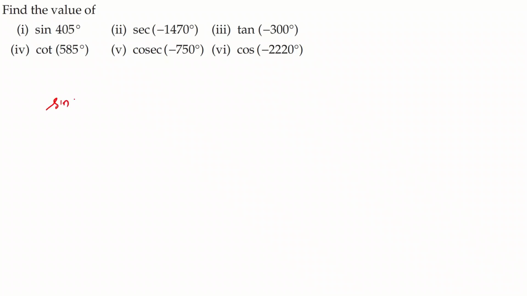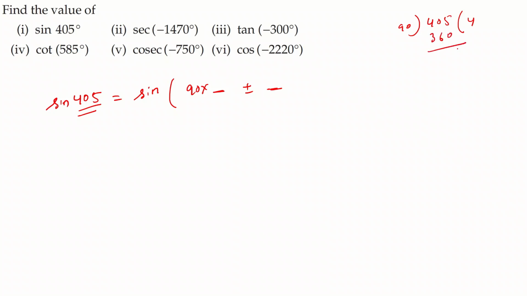So take the first example, sine 405 degrees. Your task is to split this 405 like this: 90 into something, plus or minus something. That's your choice. You can take positive as well, you can take negative as well. So we can write this 405. What you do is divide it by 90. So 90 times 4 is 360, and the remainder is,